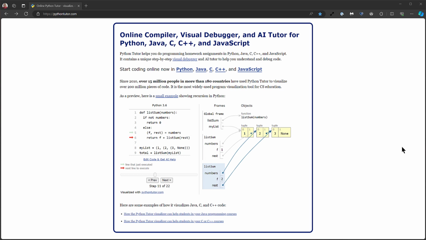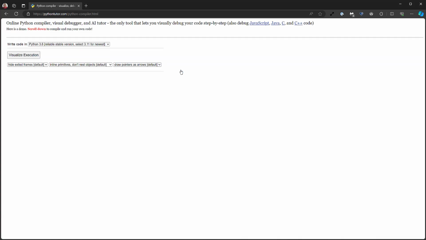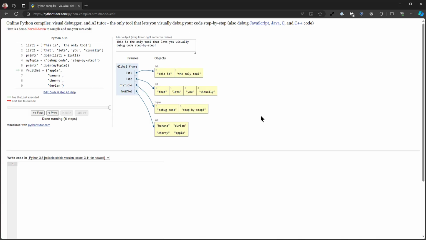So how can we actually use it? Well, for starters, all you need to do is select the programming language up top that you would like to visualize. I'm going to click on Python since this is a Python class that I'm demonstrating. And then you can see here is a visual debugger, and this is code that has already been executed all the way through 6 lines of code.